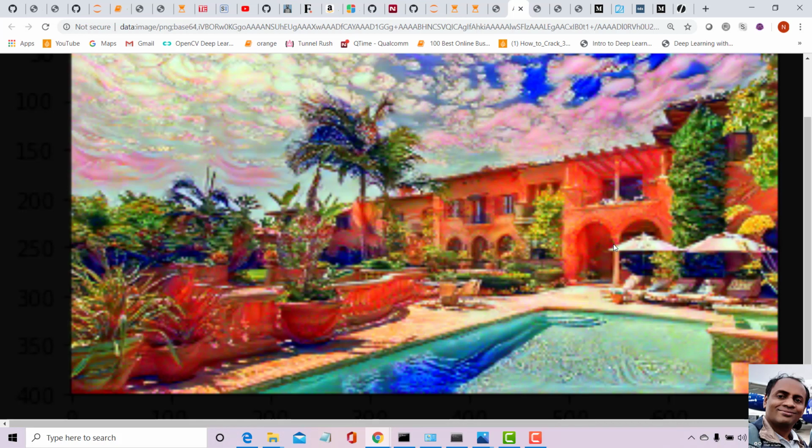As an exercise, you can take any arbitrary image from the internet, any favorite photo, and apply a style on that particular image, and you'll see wonders. In fact, this can be made into a video also. If you have a video file and you apply this transformation to the video, the whole video will look like a dream like this. In fact, I will give you more resources on this. I will share the code with you, and you can go through the code and run it yourself. I made it easy so that you can run it from a Jupyter notebook as well.